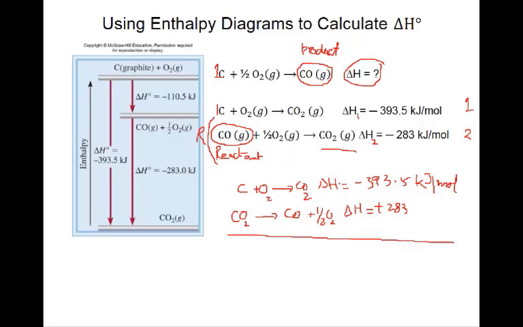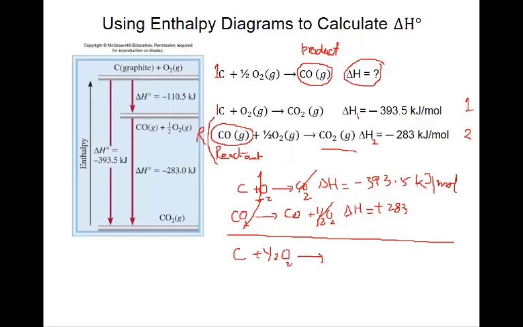So make the total. Carbon dioxide and carbon dioxide will be cancelled, and this half oxygen cancels against this one. Let me write a big one for you to understand. So half removed from one will leave half. So the equation will be carbon plus half oxygen